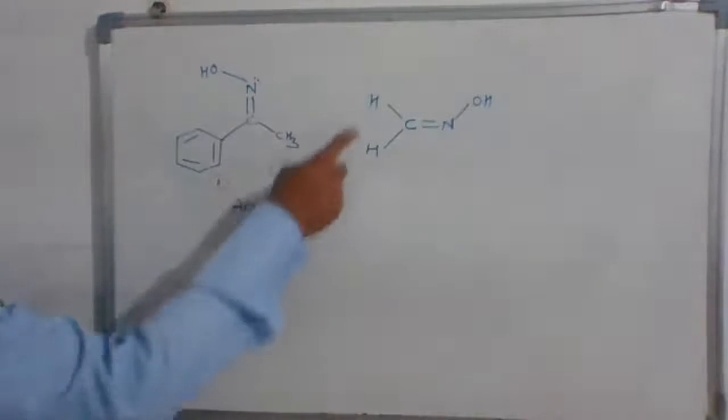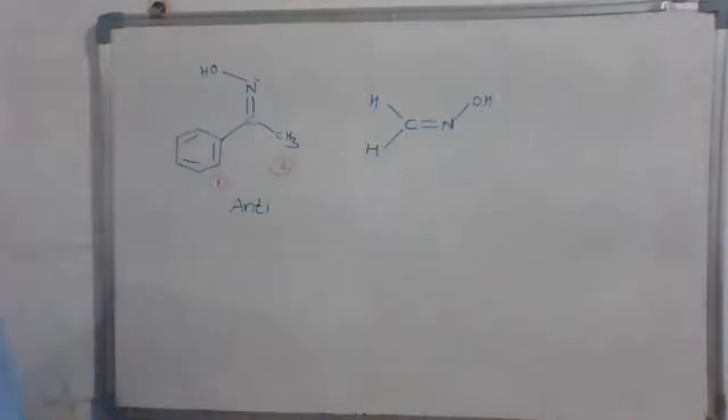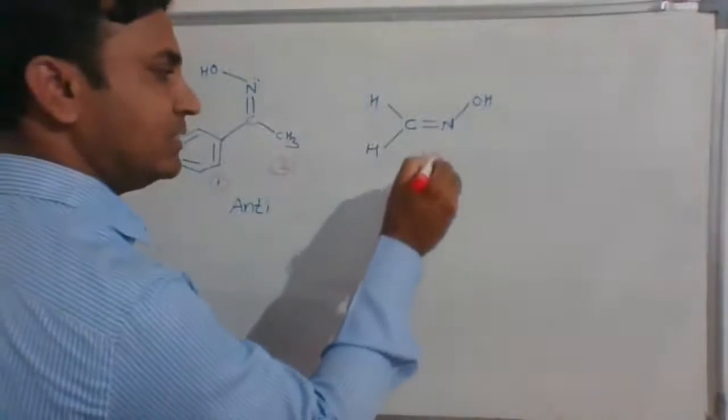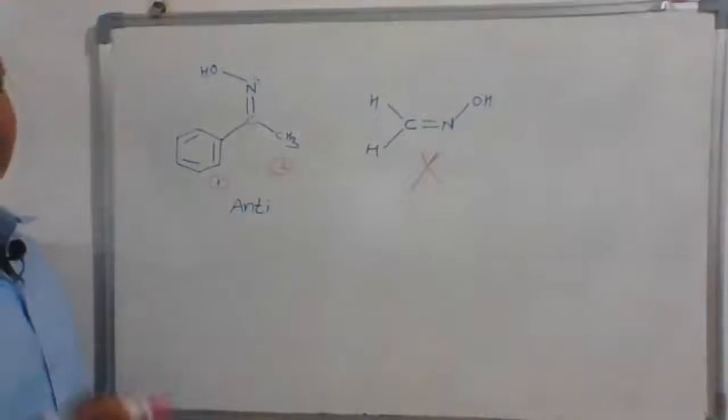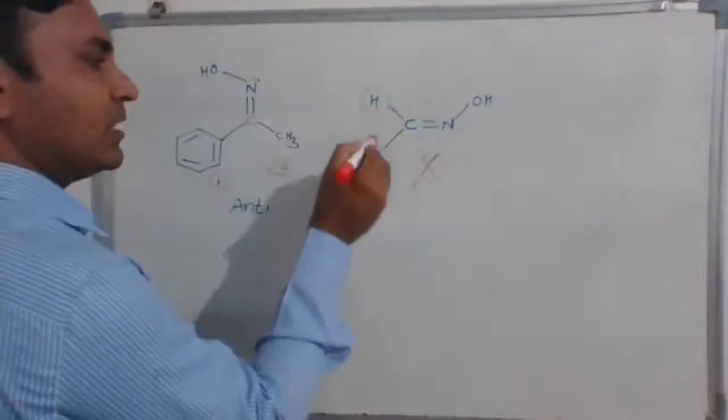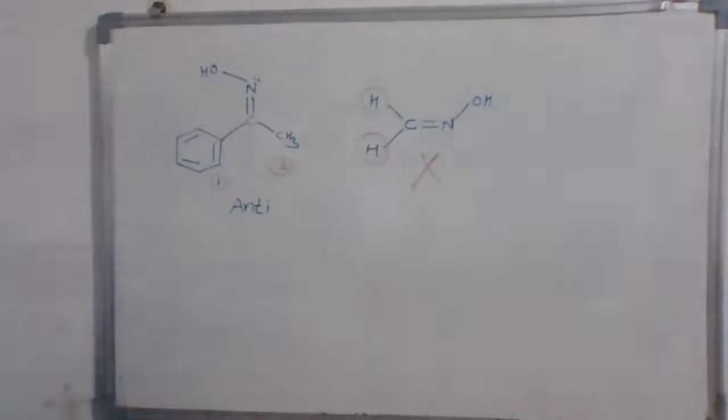Both are hydrogens. So, can we assign syn anti-configuration? No, we cannot assign syn anti-configuration to such oxime which contains similar groups on this carbon. So, this condition is same to that of the